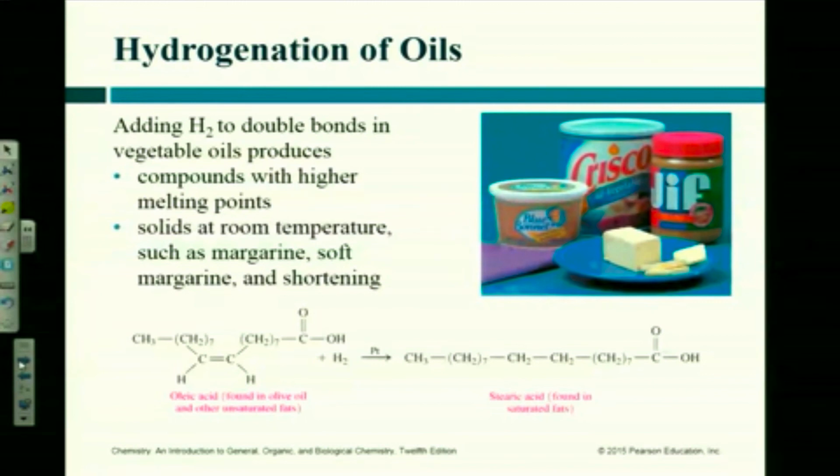But when you hydrogenate it, you make stearic acid. It's a saturated fat, right? Saturated means it has the maximal number of hydrogens. This is an unsaturated oil because it has less than the full number of hydrogens, because it has a double bond, unsaturated. We replace that double bond with hydrogens. It's now saturated. So can a triple bond also be unsaturated? Yeah, triple bonds are unsaturated as well, and we can saturate them, but it just takes more hydrogen, right? You have to add 2 hydrogens on each side instead of 1. It takes twice as much hydrogen to saturate a triple bond.